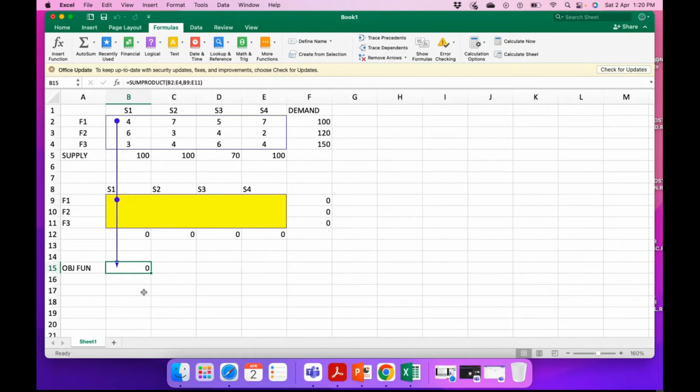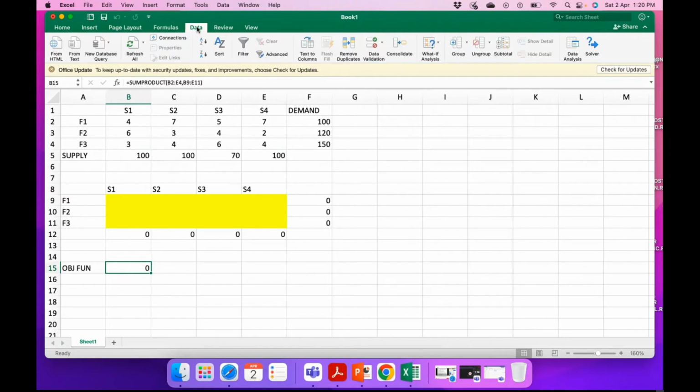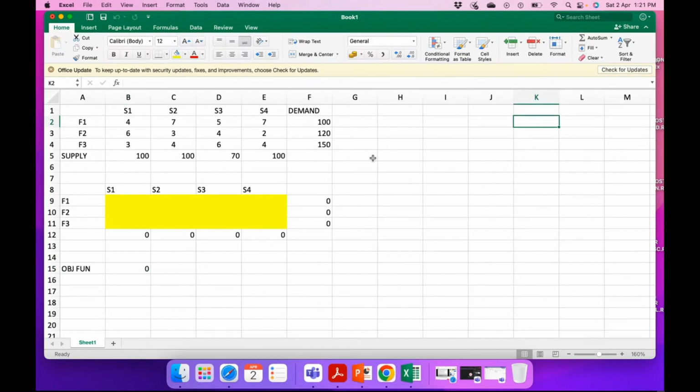Right? So you've got the objective function and you're all set to go. That's all you need to do. Now you're ready to solve the problem. So you go to Data and invoke Solver. If Solver is not there, you have to invoke it from Home. Okay, once this is set up and I've done these totals, I go to solve the